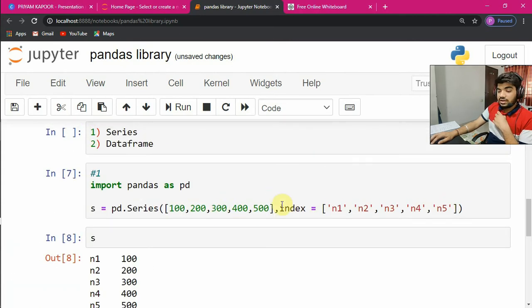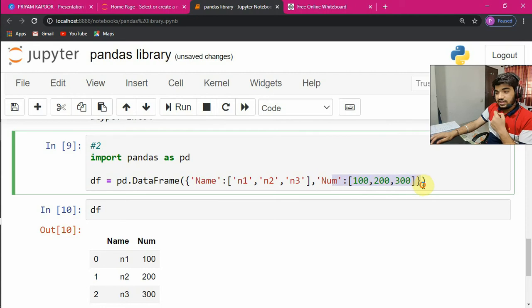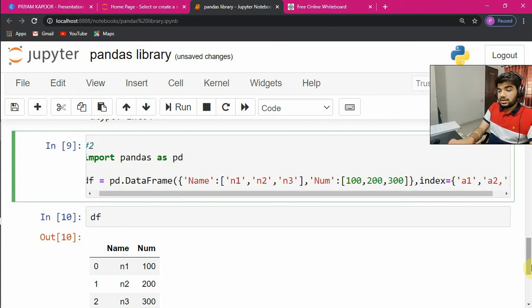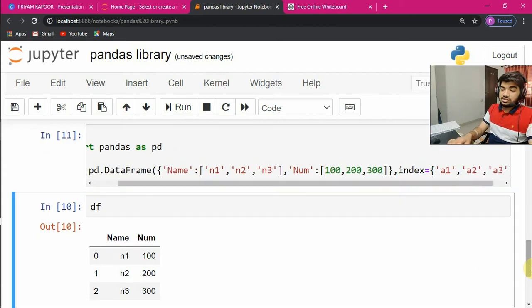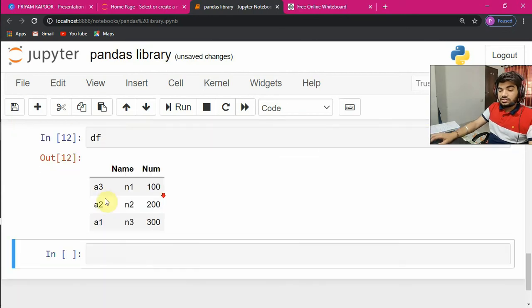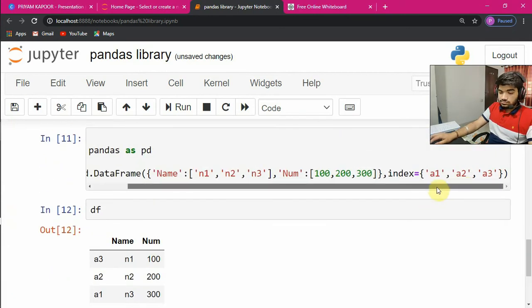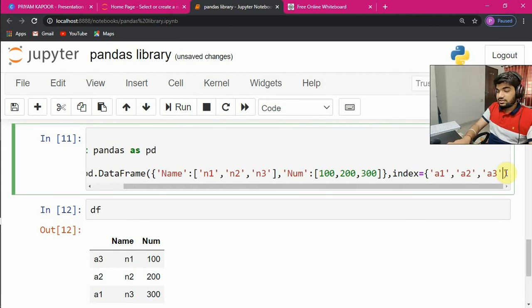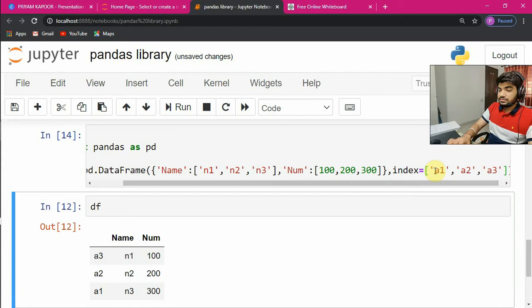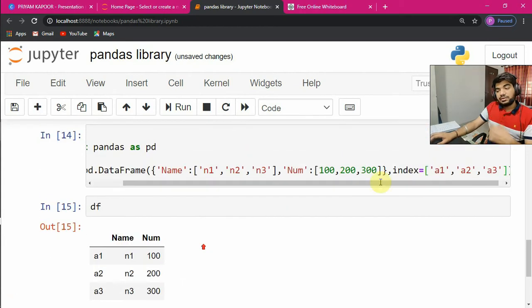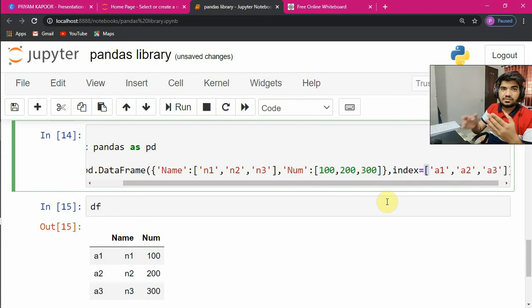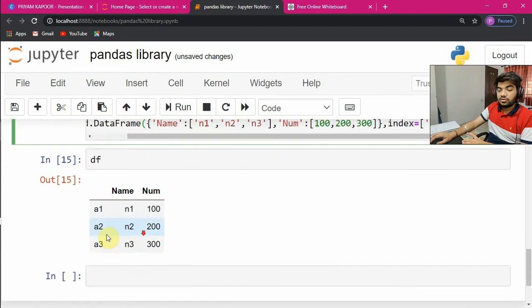And similarly, like over here I give an index, right? So you can also give index in data frame as well. Let's say you write index, comma, and you can give values as A1, A2, and A3. So definitely we'll have to give three, right? So when you give it a run to df, now this is A3, A2, A1. I gave it a set, that's why. So I will have to give it a list. So see, now we have A1, A2, A3. Previously I gave a set, and a set doesn't follow an order, so it just jumbled the elements. Now I have given a list, so it is following the same order.